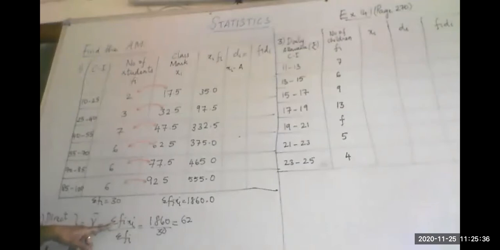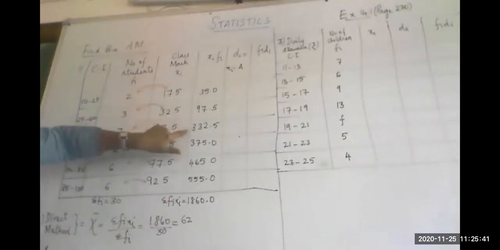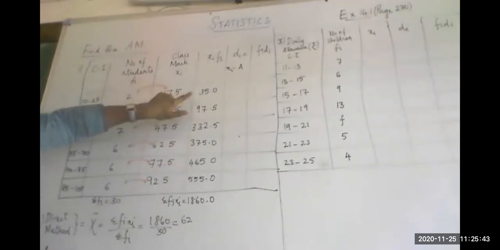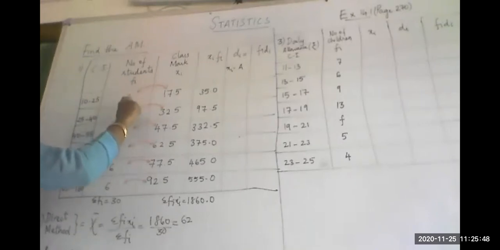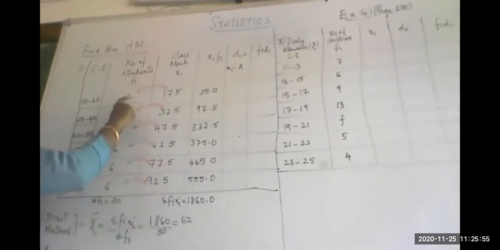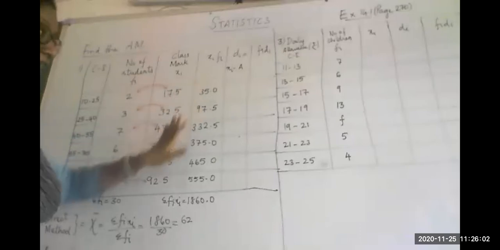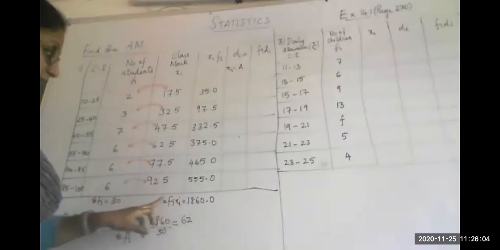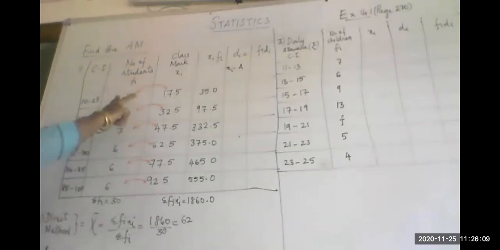Sigma means the summation. So sigma fi xi means it is the summation of all the fi xi values. So these are my xi fi values. What do you mean by xi fi? It is the product of the corresponding frequency and the class mark. Alright, that's why I put these arrows to understand that I have multiplied the frequencies with the corresponding class mark. Okay, so the first one, this you should have done yesterday. I told you to find out the fi xis and add them to get the sigma fi xi. I hope you have done, otherwise at least now please do it.